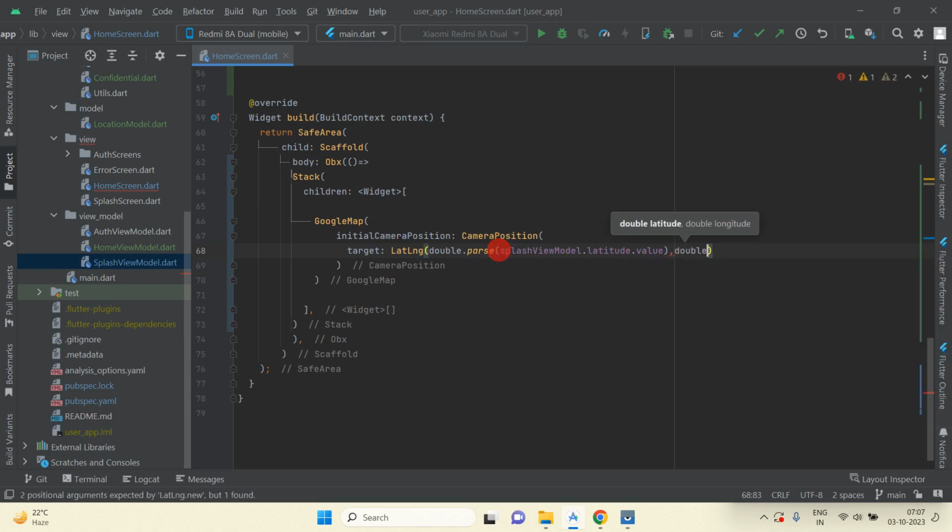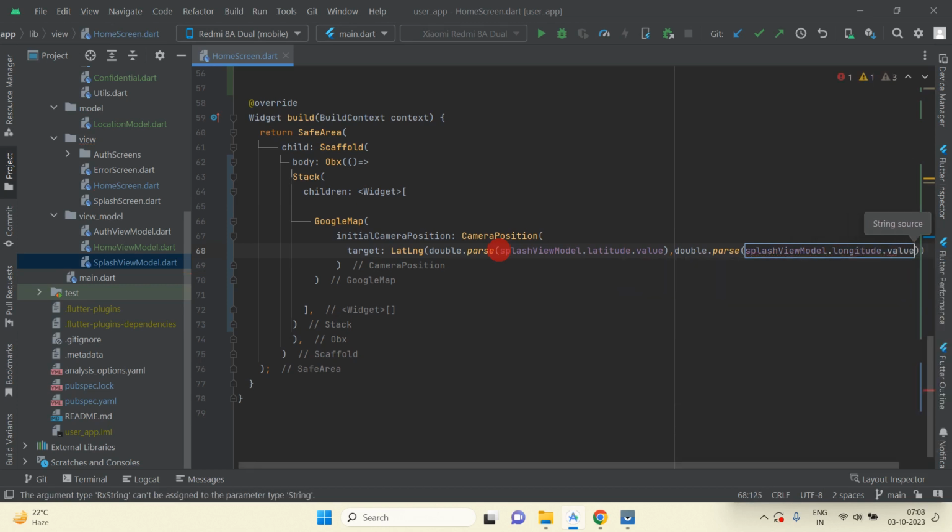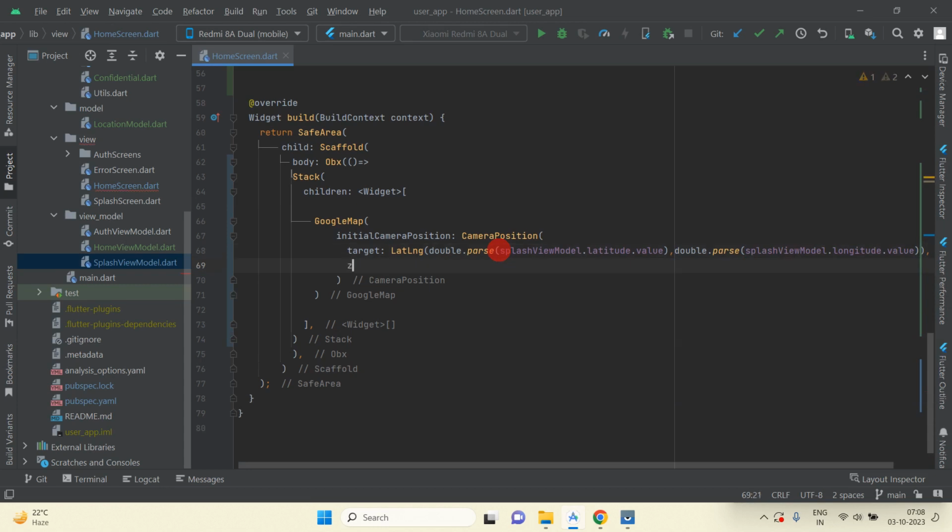So double dot parse splash view model dot longitude dot value, and then we will use zoom. So zoom will be 12,